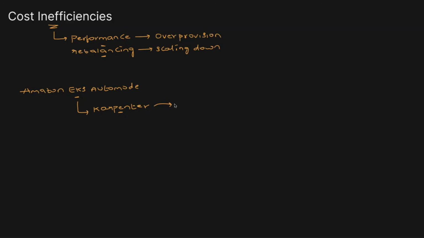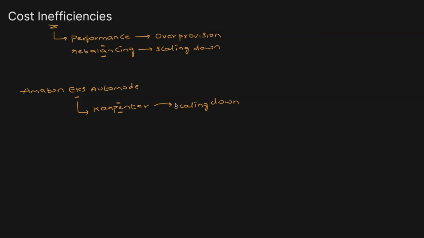It tries to identify the resource utilization, and if Karpenter sees an opportunity, it rebalances the cluster by scaling down your cluster or reducing the nodes of your cluster automatically. Because in EKS Auto Mode, Karpenter is out of the box,